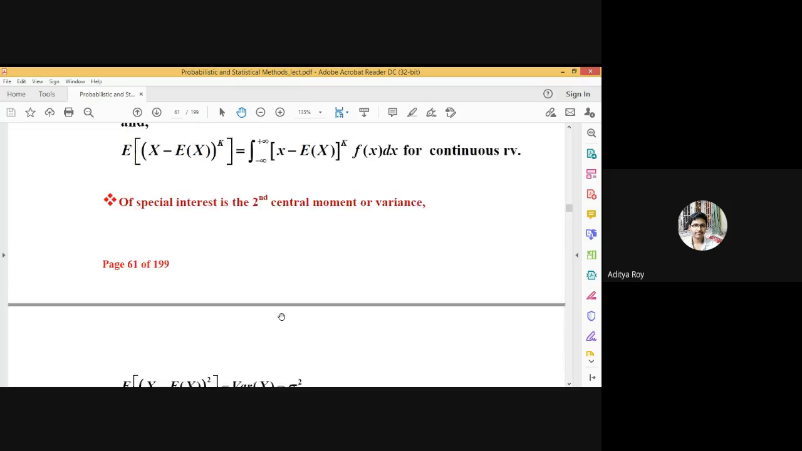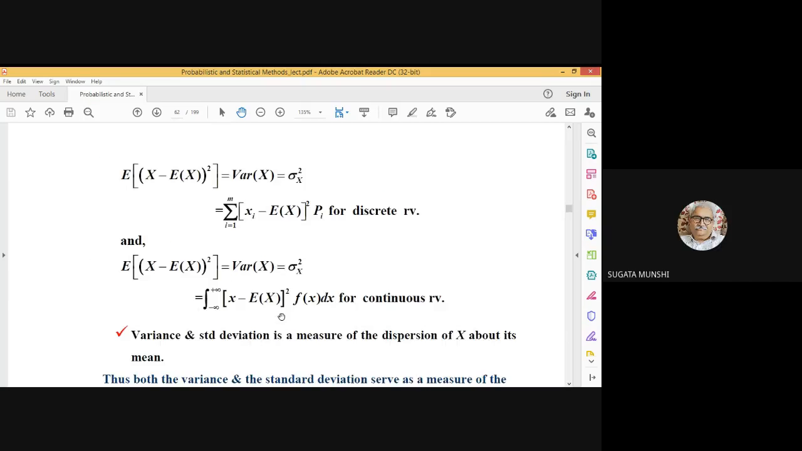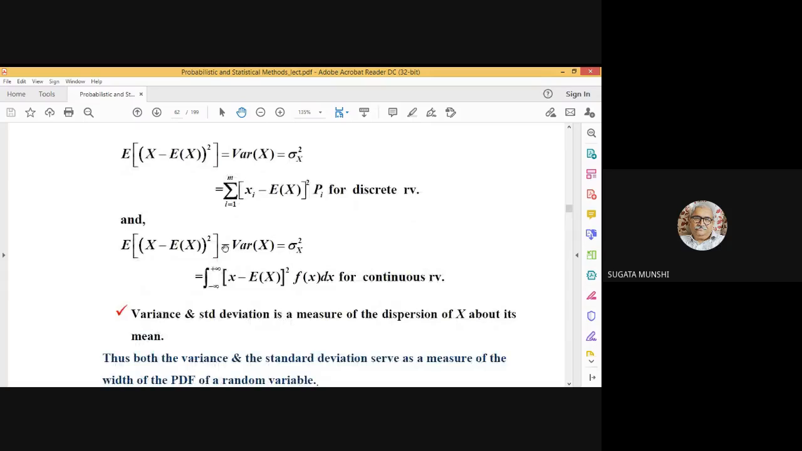Yes, it does. So these are the expressions, simply substituting k equal to 2. So variance,